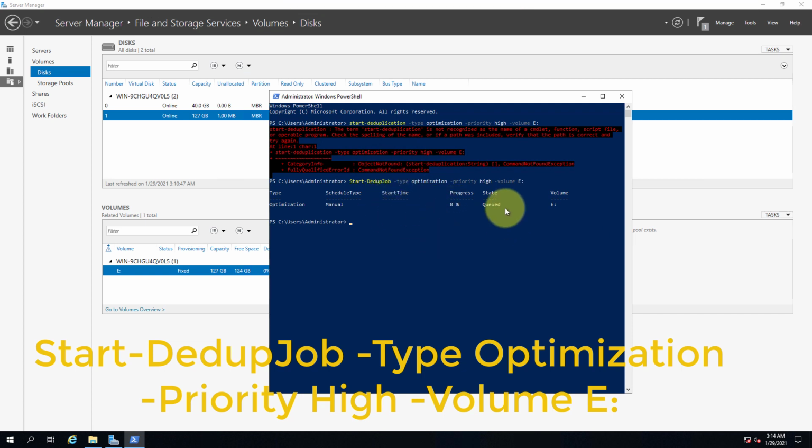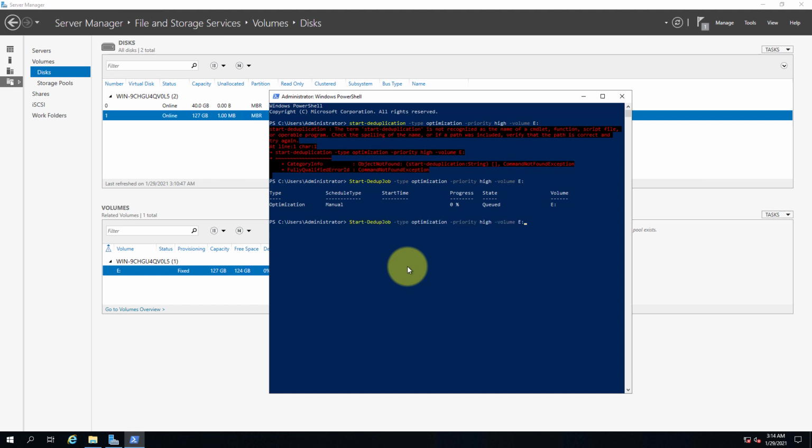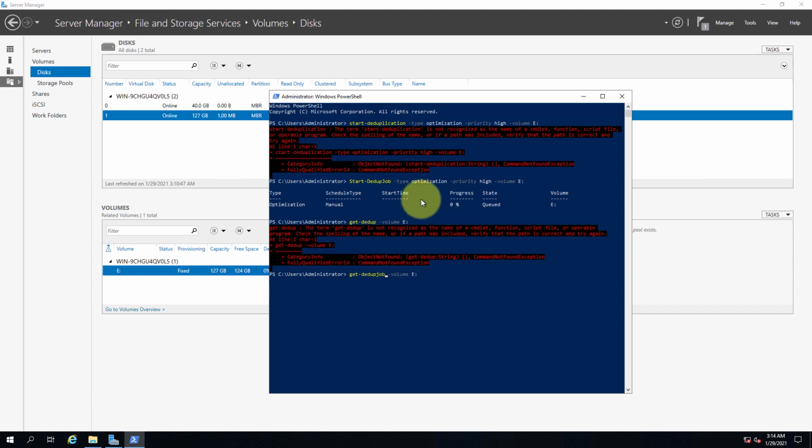If you want to view the progress, you can type get dedupe job, and mention minus volume E. There is some problem.